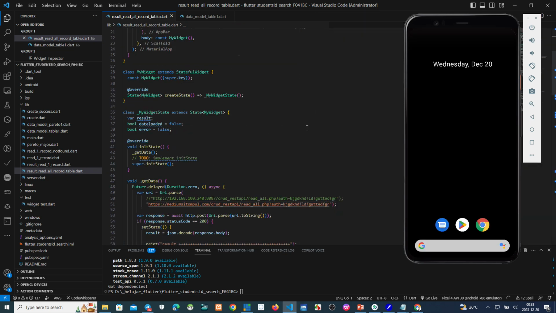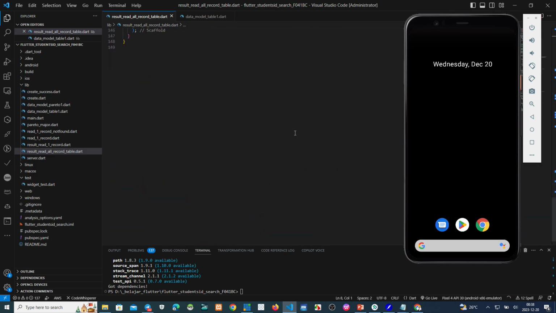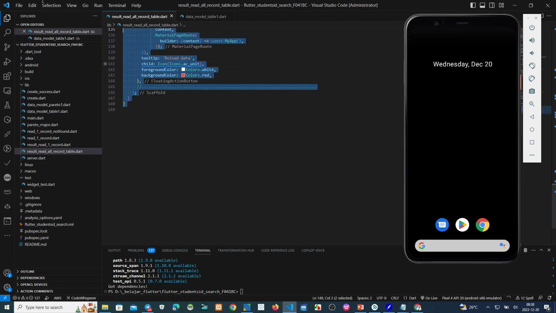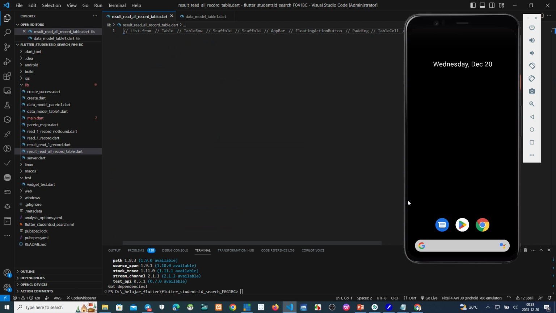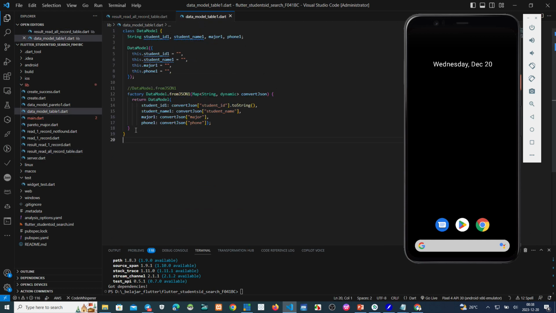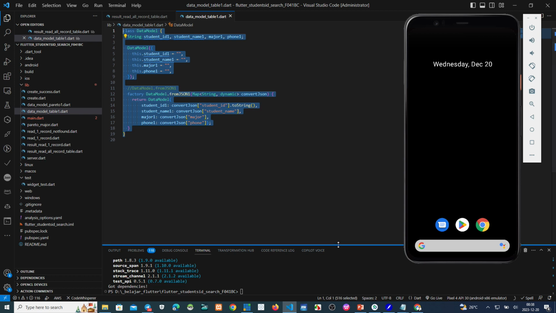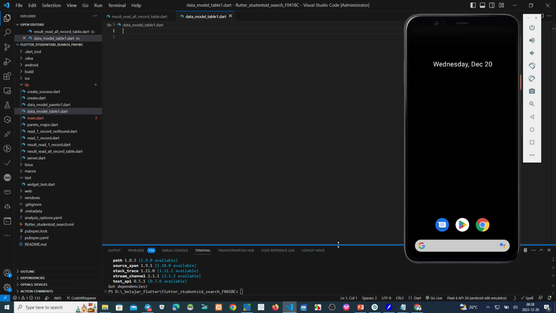I think it's better for us to delete this one. This is read table, okay, we delete. And also the other one, this one is a data model. Okay, next I can explain to you how to make a data model and also how to create the script, this one.